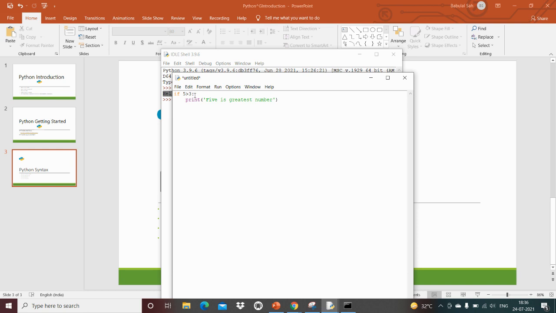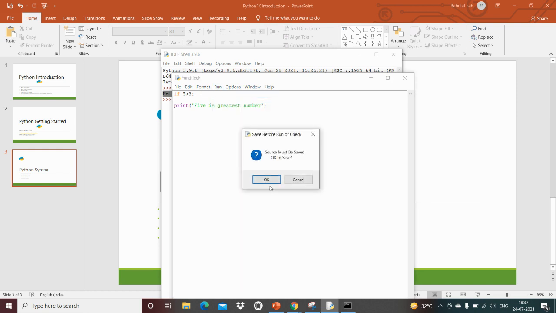So here you can see this space is called indentation for Python. If we do not give a space here, then when I run this program, it will give me an error for indentation.